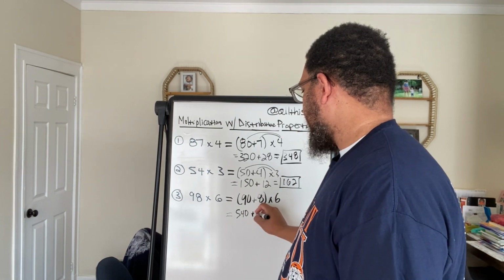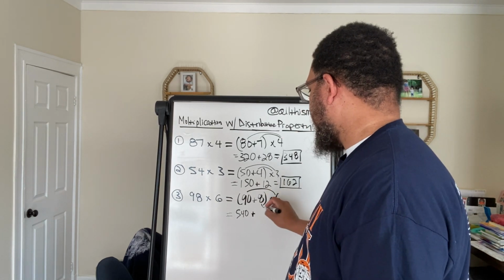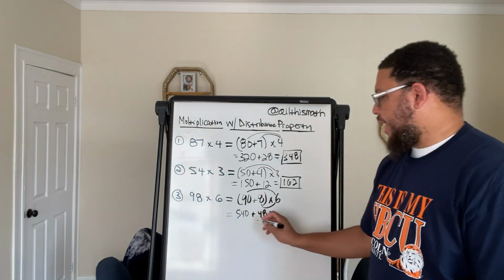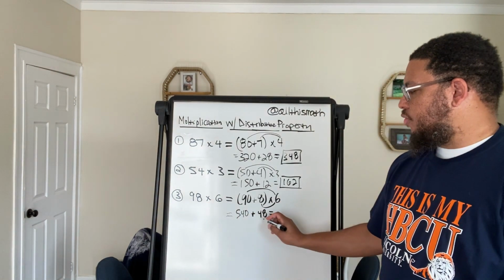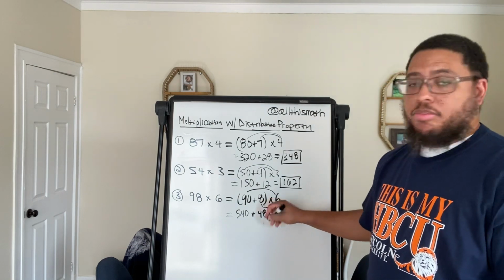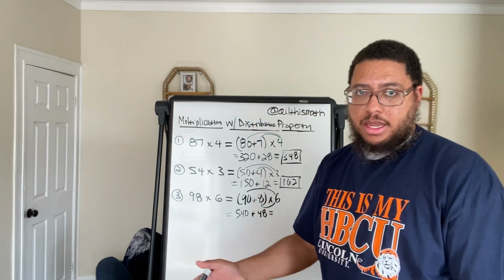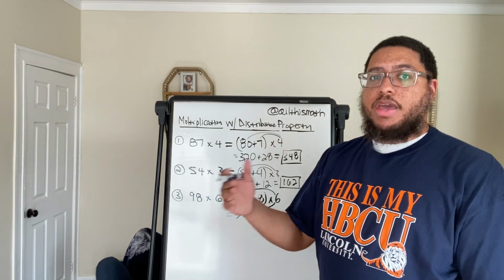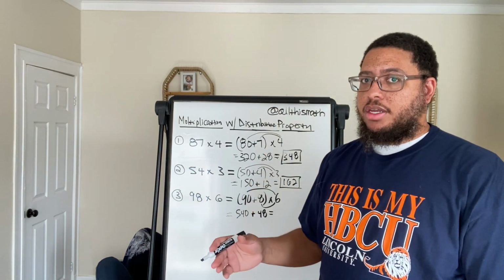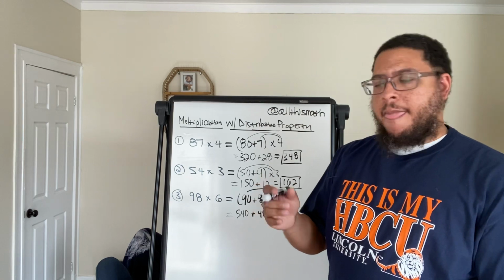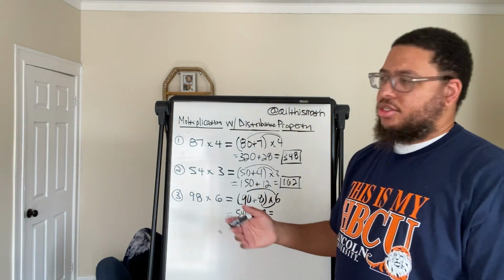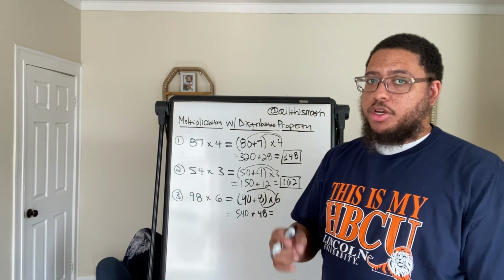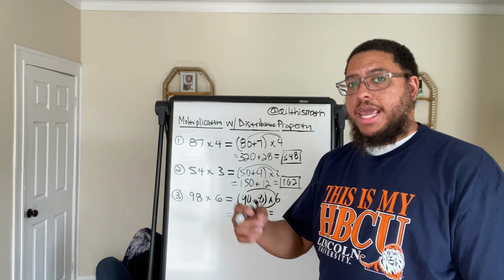So that's 90 times 6. And then I got to do 8 times 6, which is 48. So I got 540 and I got 48. I could break the 48 down into 40 and 8. So 540 plus 40 is 580, right? Because that's just 4 tens. So 540, it's almost like doing 54 plus 4. 54 plus 4 would be 58. So 540 plus 40 would be 580.